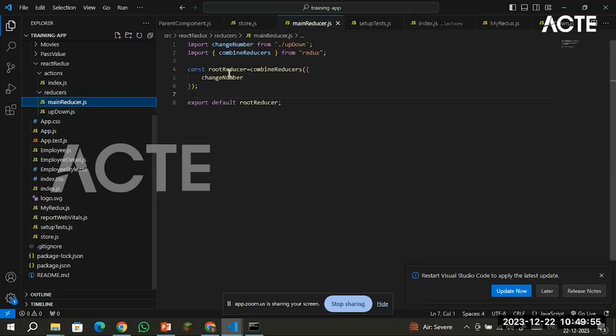In the main reducer, the reducer is the change number, and why is it changing the number, because